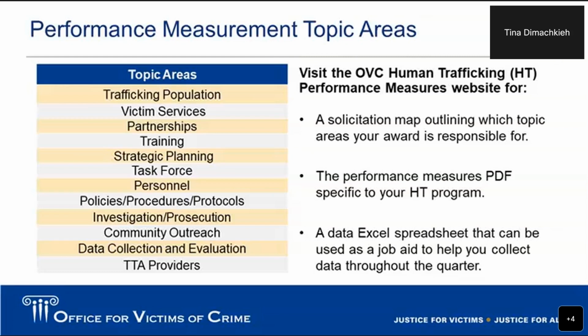And the third step is to use our job aid, which is a data Excel spreadsheet that can be used to track your data that you are collecting throughout the fiscal quarter before reporting is due. So if you don't have a reporting mechanism or a plan in place of where you're going to collect your data until reporting opens up, you can use that Excel spreadsheet to keep all your data in one